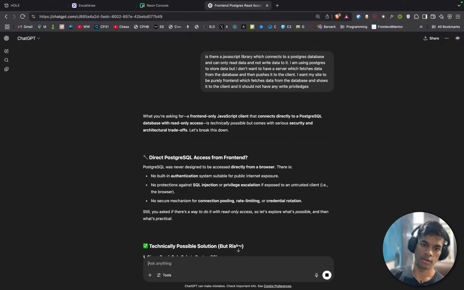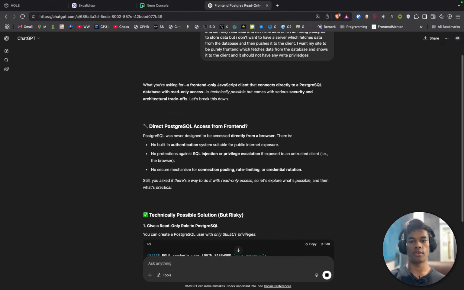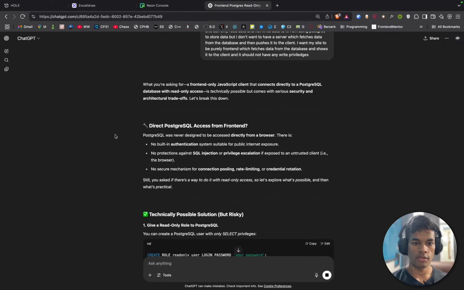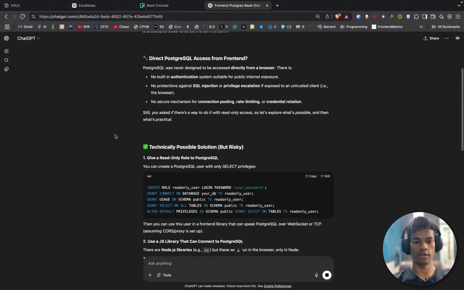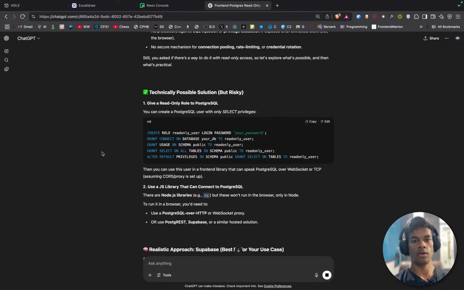Security and architecture trade-offs. Okay. Postgres was never designed to be accessed directly from a browser. There is no built-in authentication system, no protection. You are still asking for a technical possible solution, but risky. Give a read-only role to PostgreSQL. Okay, you can create a Postgres user with only select privileges. That's cool.